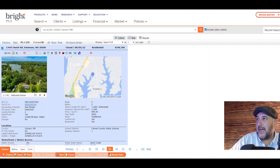All right, so this house is here. This is still in the Solomon's back creek. But Solomon's Island, when somebody thinks about living on the island, they're talking about anything past right here. This is also kind of where, when you've gone down towards Solomon's, here's where you turn off to the bridge. Technically, most people think this is kind of here. But the island itself, there's actually this little tiny bridge somewhere here that you don't even notice, which technically makes this an island. But this is the primo, super high-end, walkable everything Solomon's Island, and then there's Solomon's,